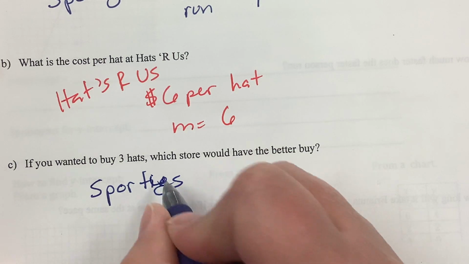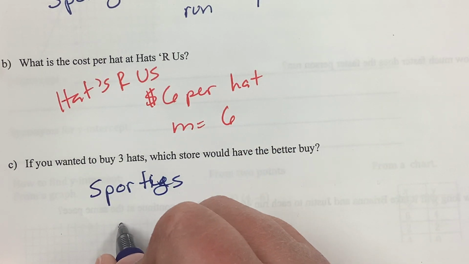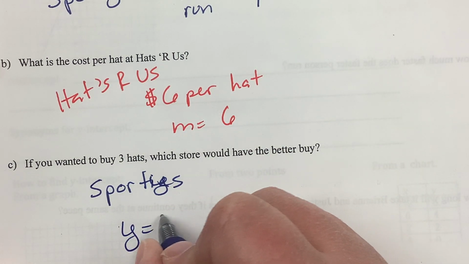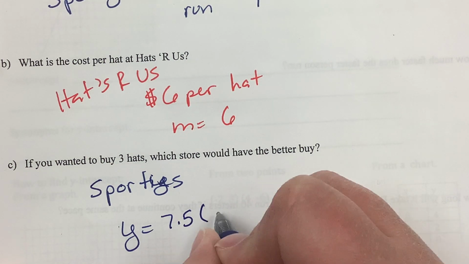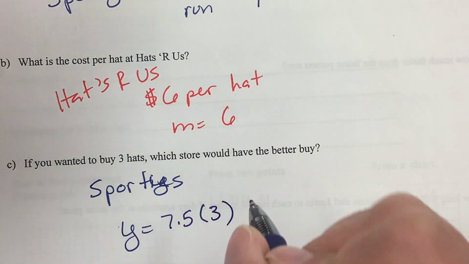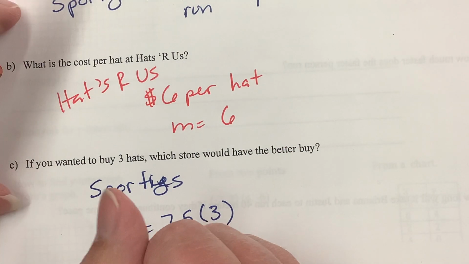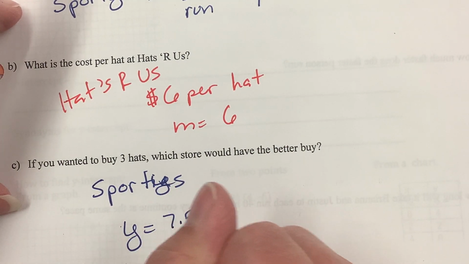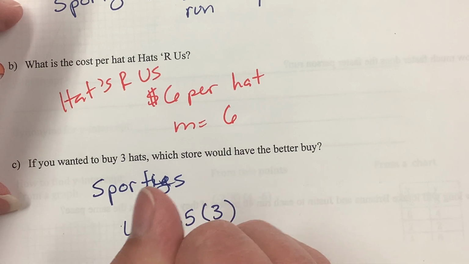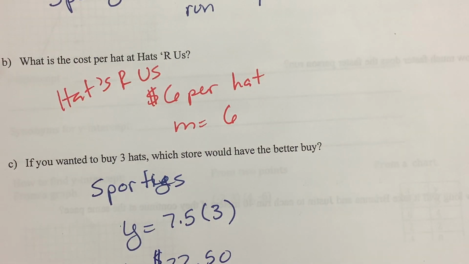I keep wanting to write Sporty's with an IE, I don't know why. All I have to do is multiply 7.50 times the 3 hats. So grab a calculator for that one, because I'm way too lazy to do math. 7.50 times 3 hats is $22.50. So Sporty's would be $22.50. And Hats R Us,